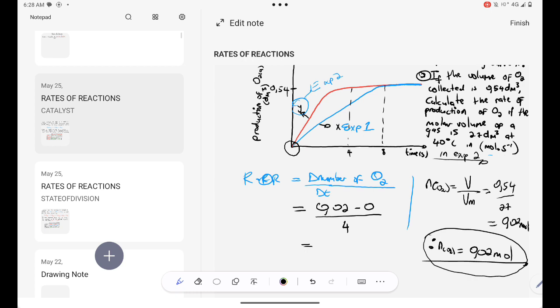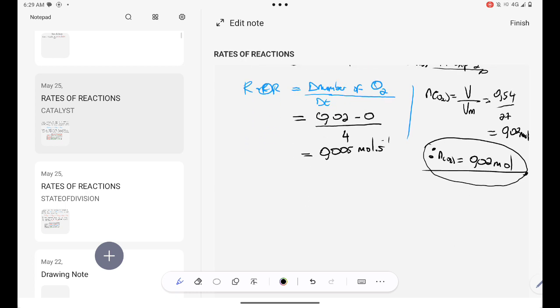So over here I simply have 0.02 minus 0 divided by 4, the total amount of time. This will simply give me 0.005 moles per second. That's how, guys, you should have found your rate of reaction. Or if your calculator was in scientific notation, it was just going to be 5 times 10 to the power negative 3 moles per second. That's how, guys, you're supposed to deal with